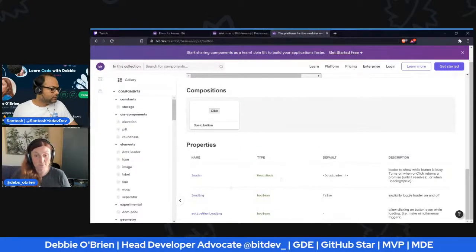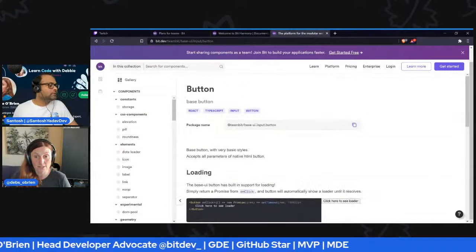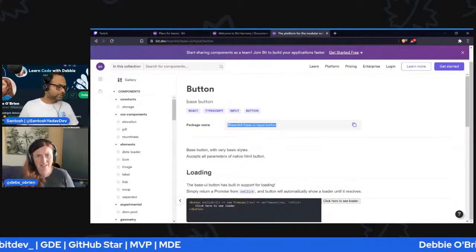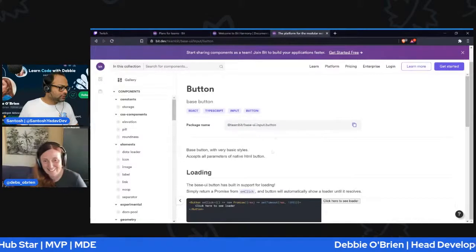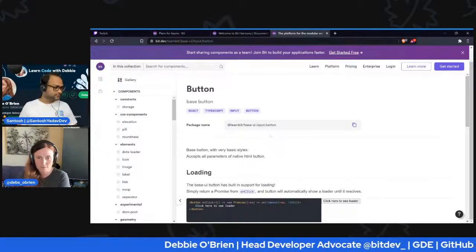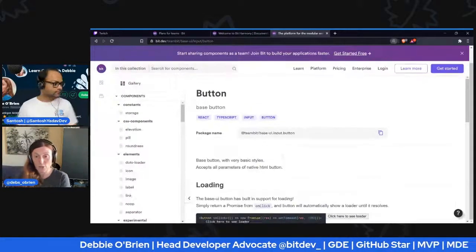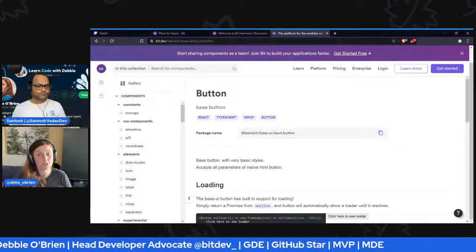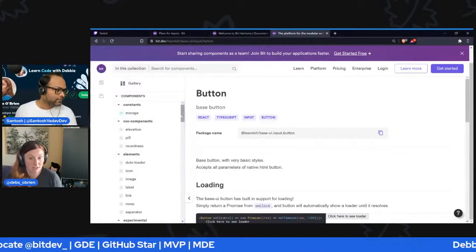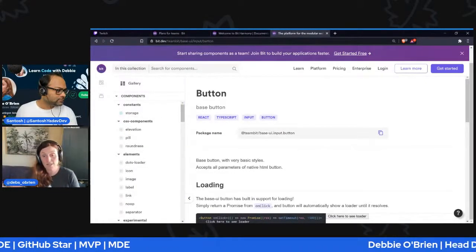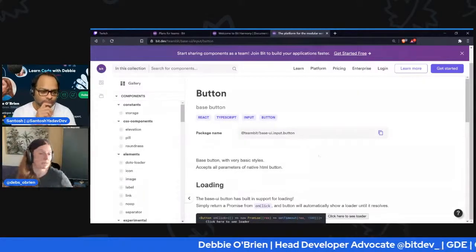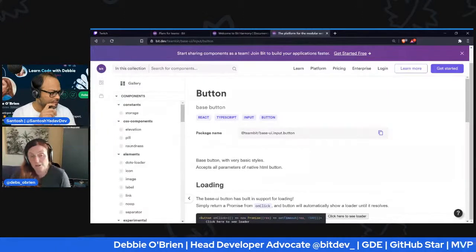And then at the very top of the tabs, you can get rid of that. So this one here is the package name. You can just copy that, right? So that's exactly what you would use if you wanted to consume that component. And you just use npm or yarn, right? So you can just do npm install this, and then you can import button from @teambit base UI button, and you can just use that button, right? You don't need an account to do that.